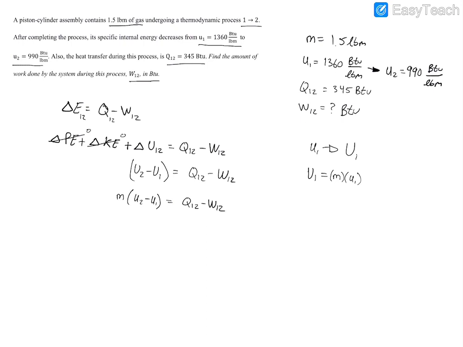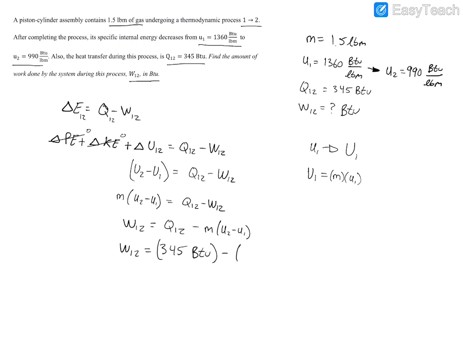So now we can just solve for the work, and we have that the work, W12, is equal to the heat transfer minus the mass times the change in specific internal energy. Now it's just simple plug and chug. We have the net work is equal to 345, and we're going to write the units in here, BTU,